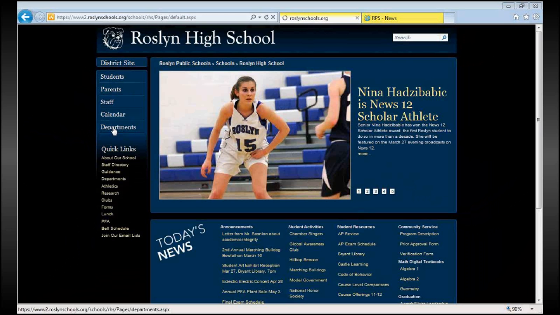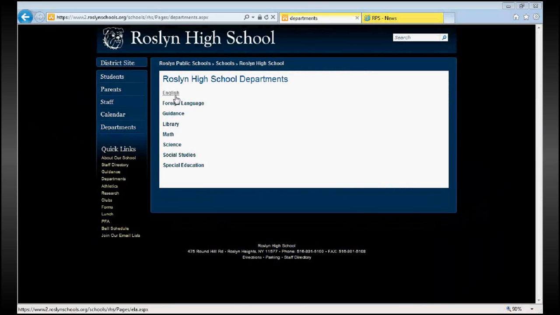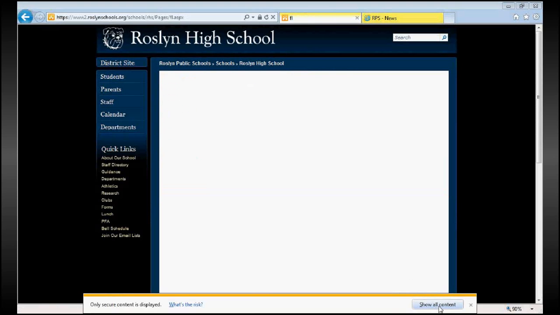Basically, you can go to the department page. Yeah, you can kind of see the different departments. These are some of our different departments. Now these are pages that were originally created in another platform,